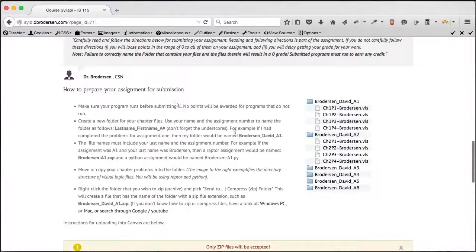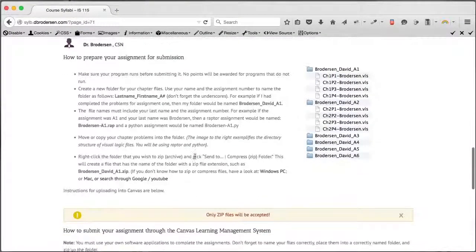Follow the directions that are right down here. Okay, before you submit your problem, create a new folder and name the folder as follows. Use your last name, use an underscore, and then your first name, an underscore, the letter A for assignment, and then put in the assignment number that was listed in Canvas. Don't forget the underscores, okay? For example, and I gave you an example, the